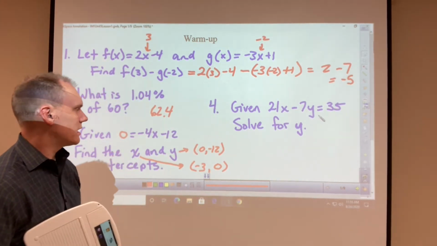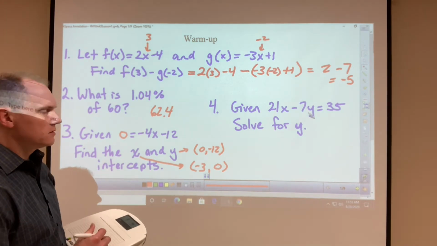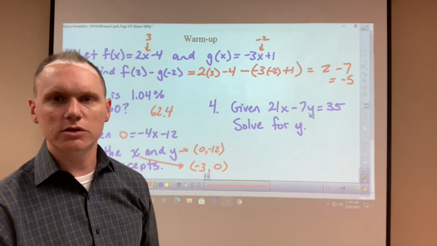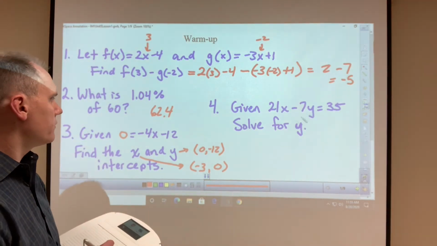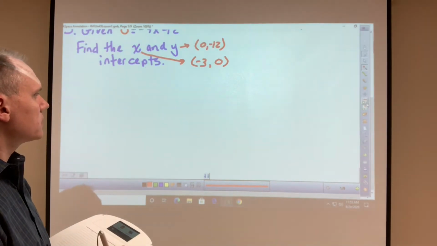and how to work with that. So solve for y here. So if we solve for y, again, going back to our last video, we talked about rearranging literal equations, solving for certain variables. Same thing here. So when we solve for y, I'm just going to rewrite it down here. Let's see, 21x